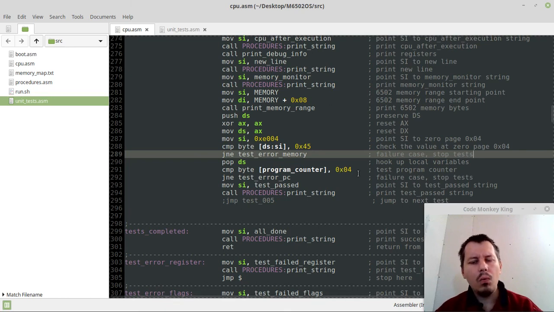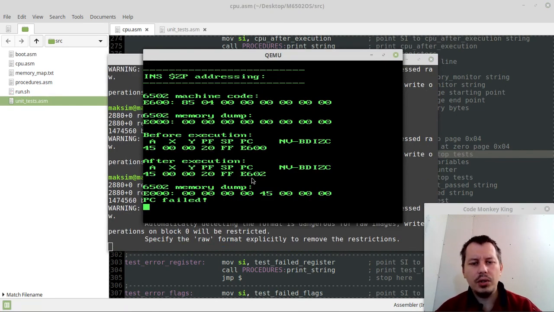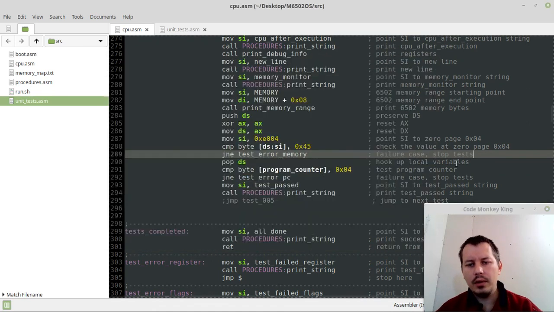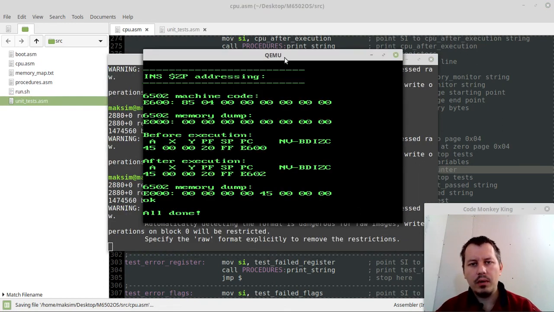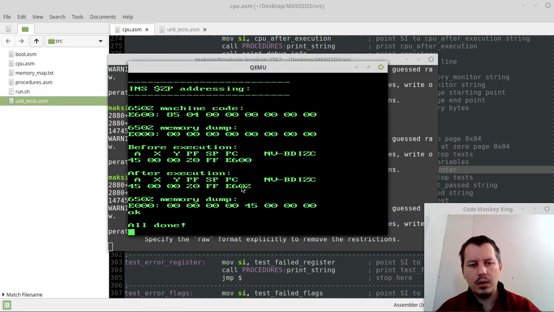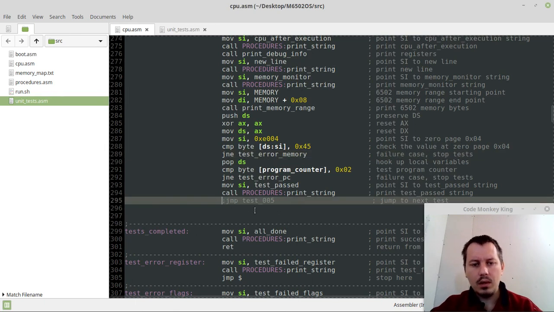Oh, no, this is interesting. Oh no, it's okay. It should be now 2, not 4. Yeah, it now should be 2, not 4, because I've just dropped 2 more bytes of the source machine codes. Program counter is equal to only 2 bytes has been fetched. These bytes, and we do the print, put the value. Okay, so far so good. Okay, and jump to the test 002,